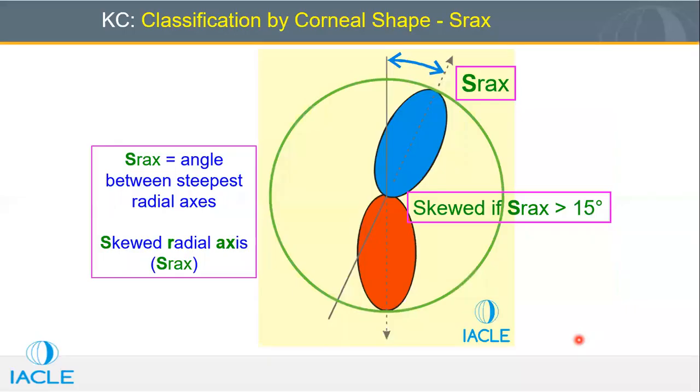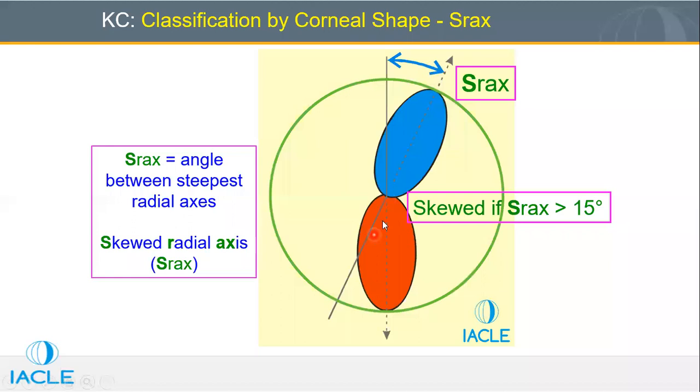So this is one of the classification systems for keratoconus. There are different classifications. One of the classifications is where you classify whether this cornea is having keratoconus or not. So here we are saying the asymmetric bow tie. This is the bow tie, meaning if you see in the topography this kind of feature, a steepening feature. So this we call the bow tie, and this is the symmetric bow tie with skewed axis.